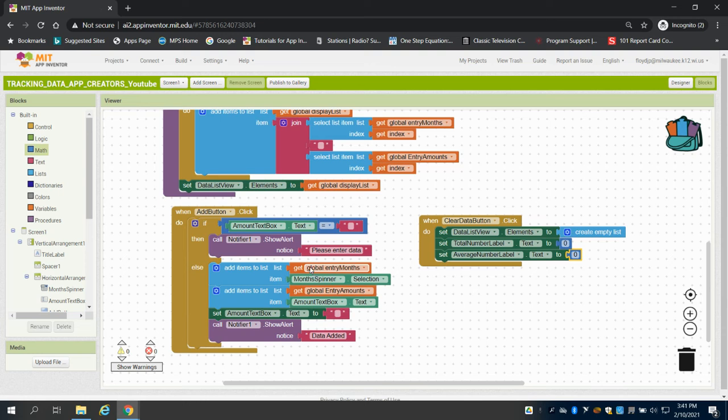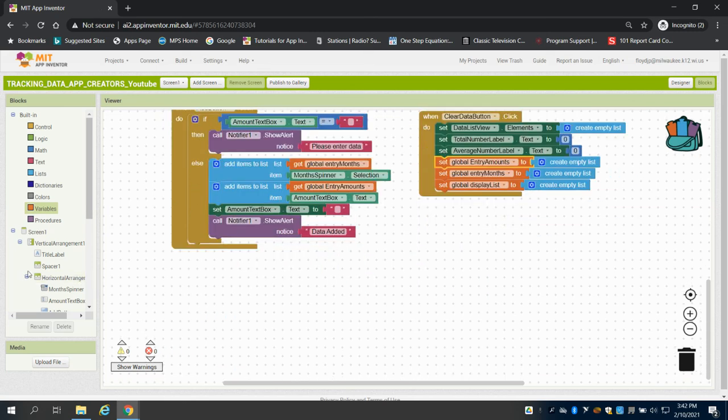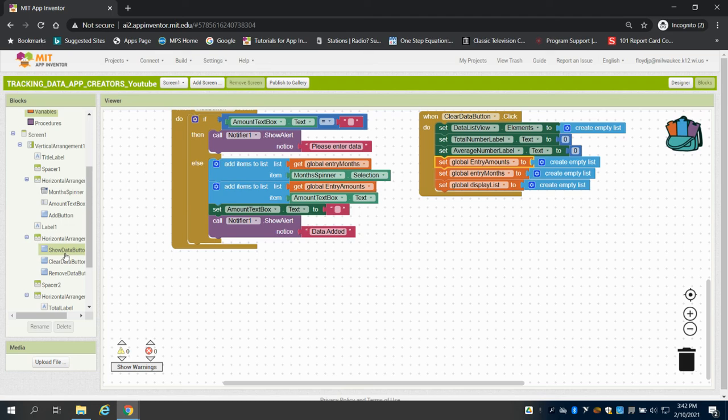And I'm also creating empty lists for all my variables. So I know I have 3 variables that I'm dealing with. So it is my entry months, my entry amounts, and my displaying of my list. And for each of those, we are going to clear out that list by creating an empty list. So when I join that here now, what we have is our reset button. Now, those functions that I've already written, I'm going to come to